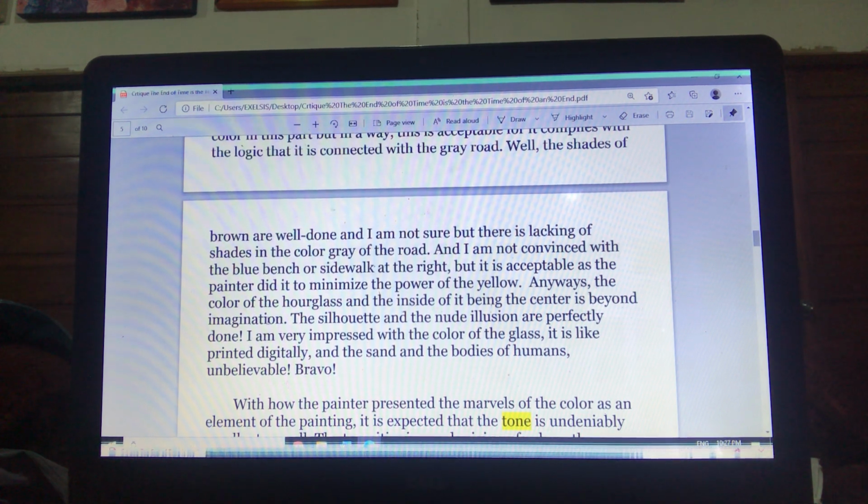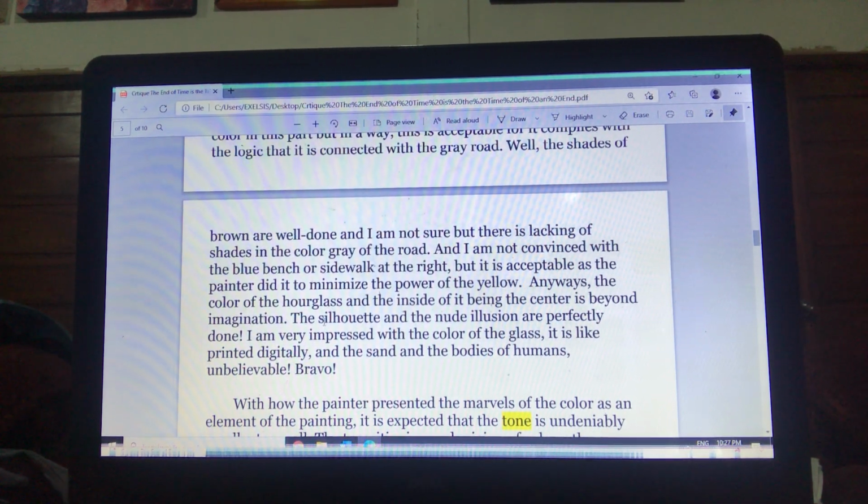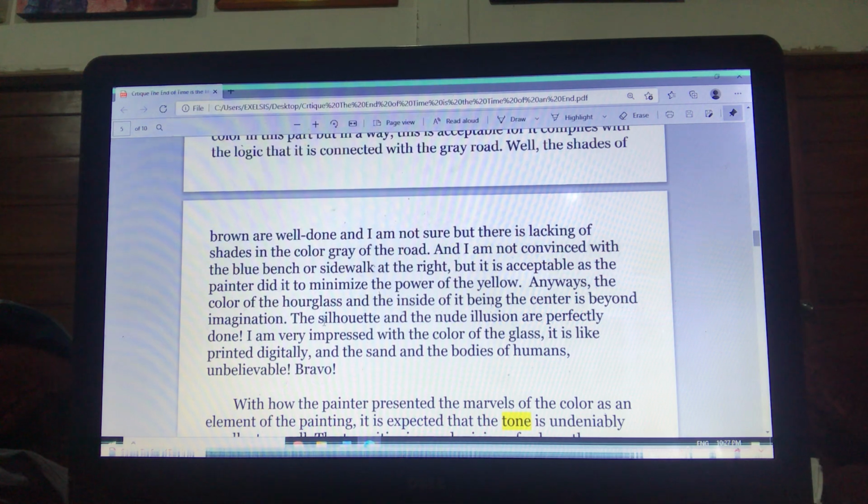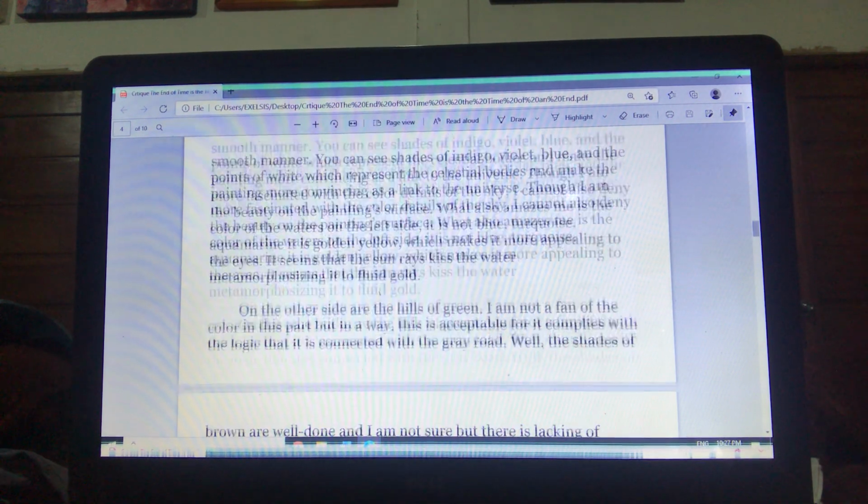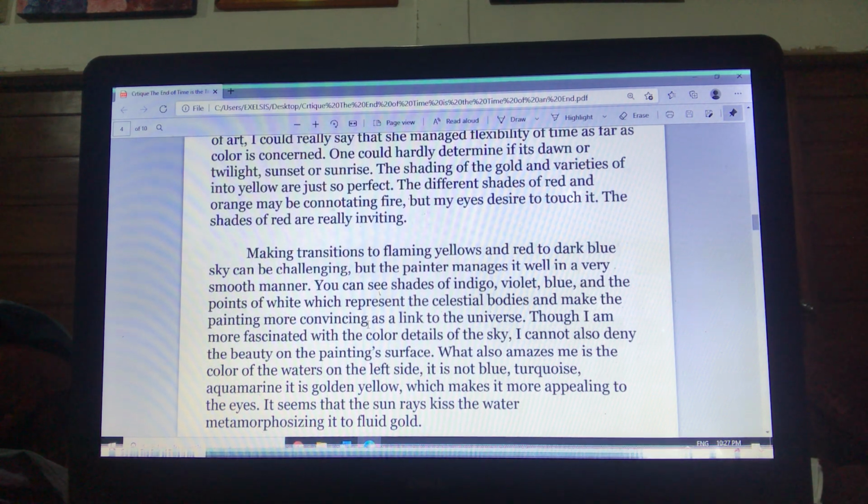Anyways, the color of the hourglass, with its inside being the center, is beyond imagination. The silhouette and the nude illusion are perfectly done. I am very impressed with the color of the glass. It is like printed digitally, and the sand of the bodies of humans is unbelievable. Bravo. Now, if you're going to observe the discussion on the element of color,